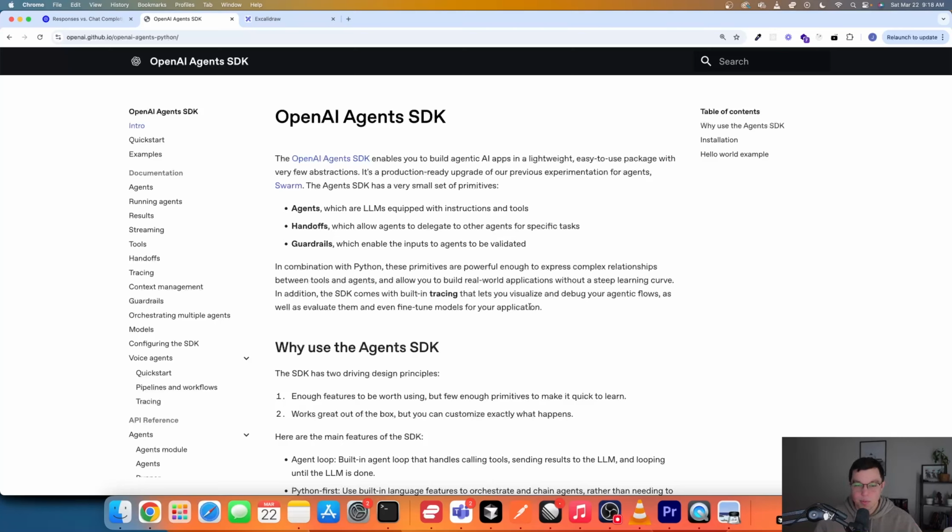You also may have guardrails that you want to use, which looks like it's built into this SDK. So if you don't want your agent to do a certain thing, you can use guardrails. Typically, you could try to do this just with prompting yourself, but it looks like guardrails are built into this SDK, which I think is pretty cool.